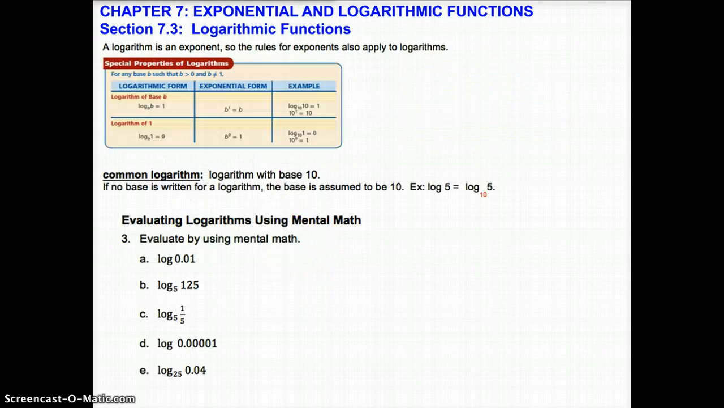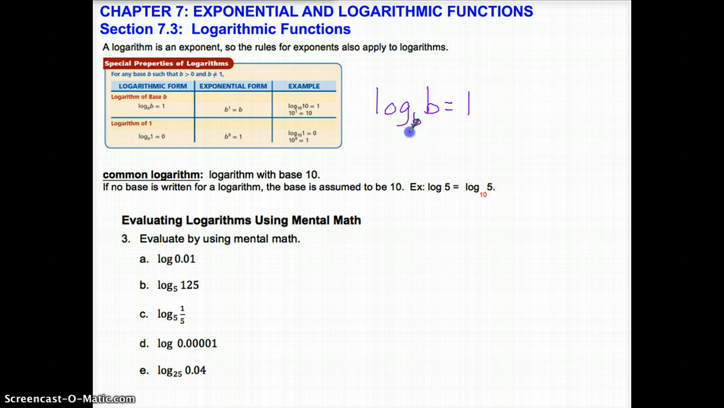As we said, a logarithm is just an exponent, so all of the rules that apply to exponents also apply to logarithms. A couple of the very basics, and there are certainly many more, would be the logarithm of base b. That's just saying that if you have a log with a base of b and you're taking the log base b of b, that's just going to be 1,